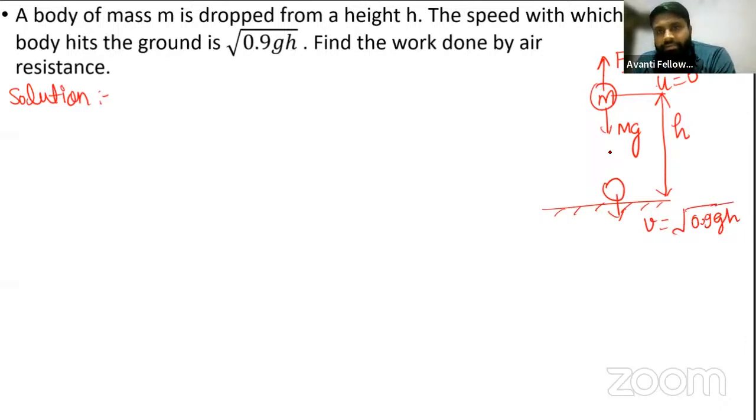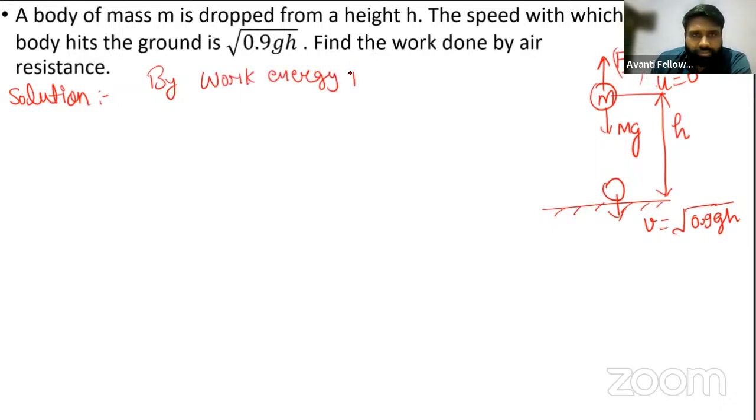So here the conservative force mg is acting, but a non-conservative force, which is air friction, is also acting. So we cannot apply the conservation of mechanical energy here. So what can we do? We can apply the work energy theorem. So by work energy theorem, we can say that work done by mg force, because only two forces are acting,